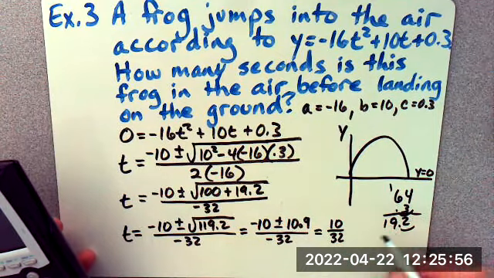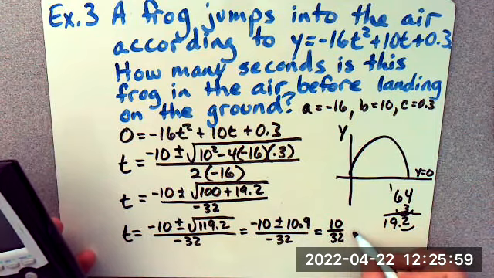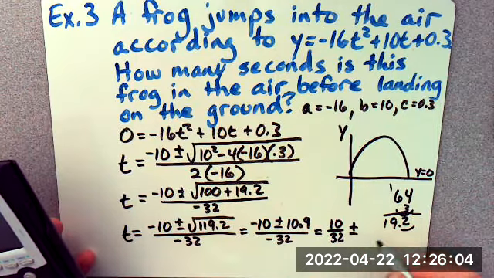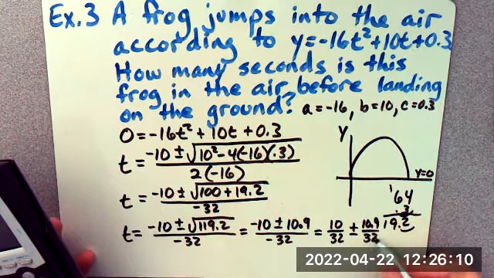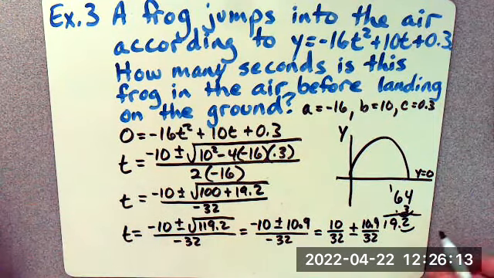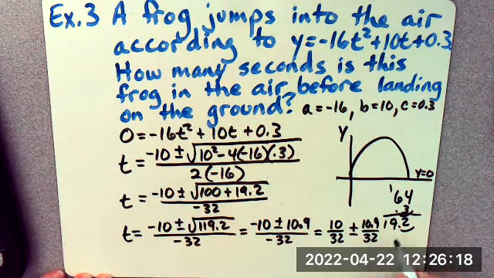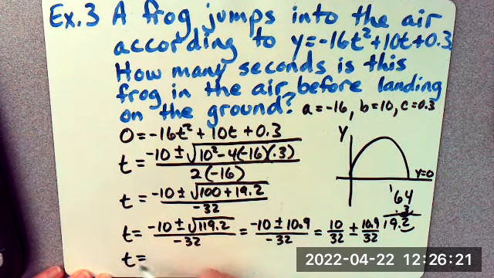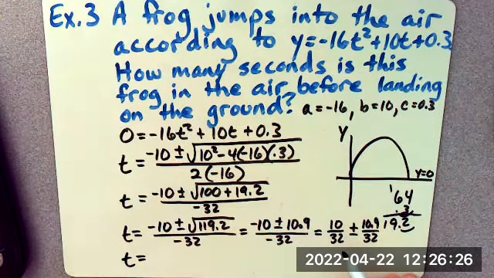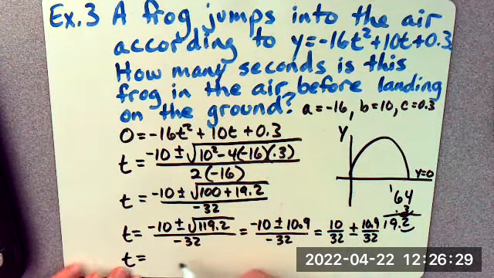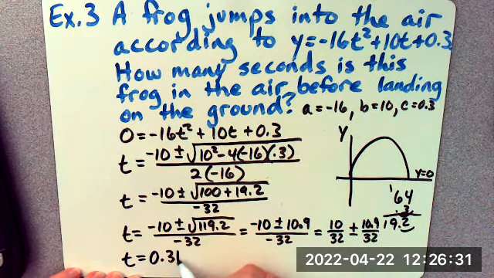And then when you have a plus or minus, we still have a plus or minus, but it's going to be 10.9 over 32 because the negative gets a little lost in the plus or minus, okay? We don't flip the minus plus, it's still plus or minus. So now we need to figure out, well, what is 10.9 over 32? So 10.9 divided by 32 would be 0.3125, and then plus